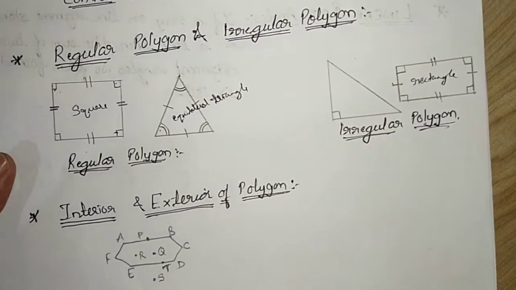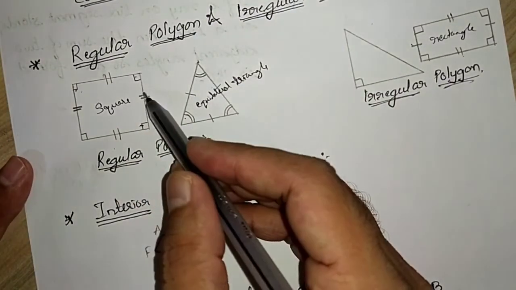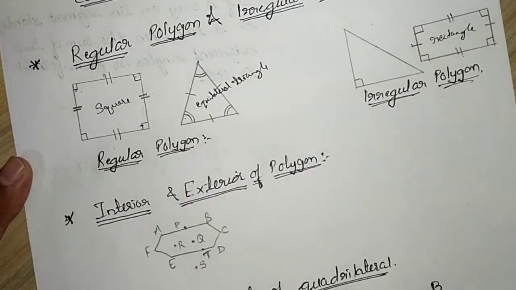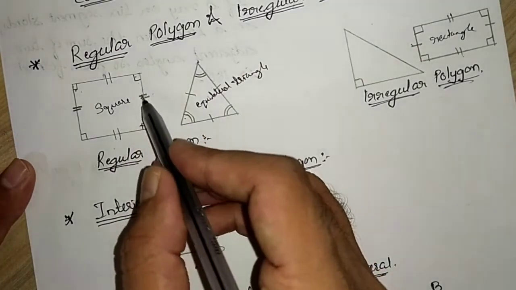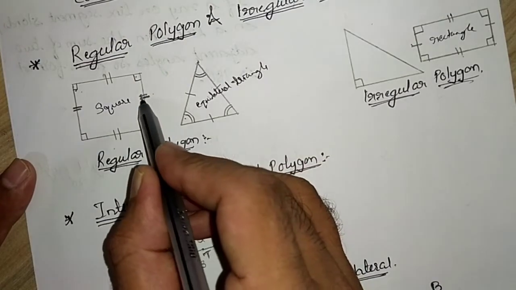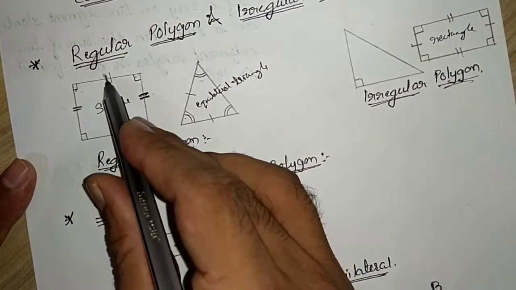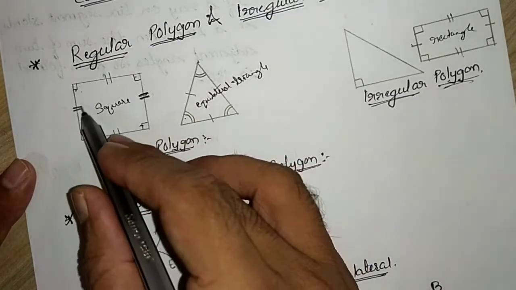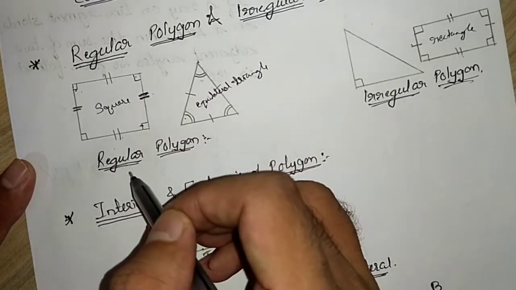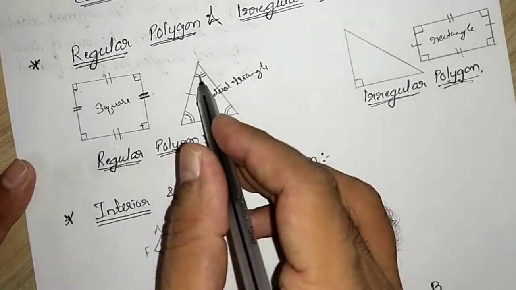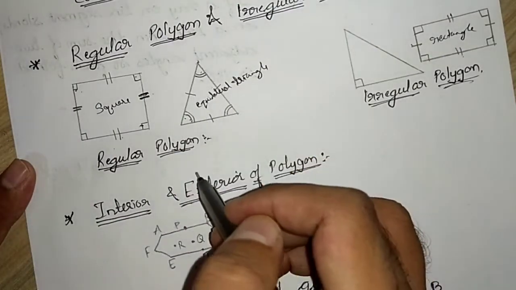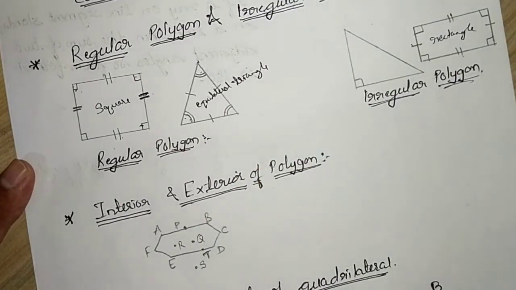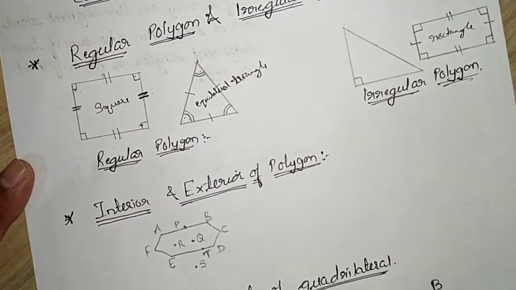How do I know the sides are equal without knowing the lengths? How can I say that this is a square? Well, you can say by looking at these symbols. You can see these symbols are the same on each side. So if the symbols are the same, we can say all the sides are equal. Similarly, if the angle symbols are the same, we can say the angles are equal.